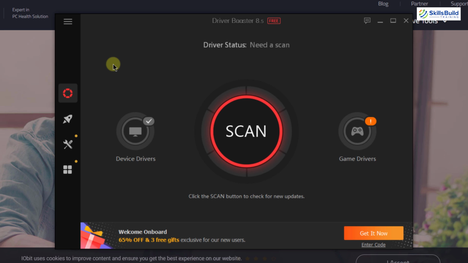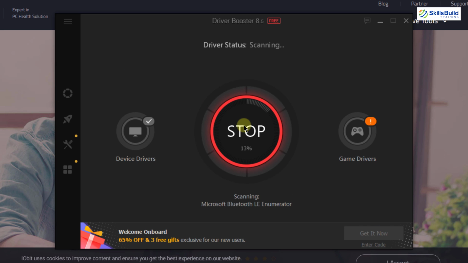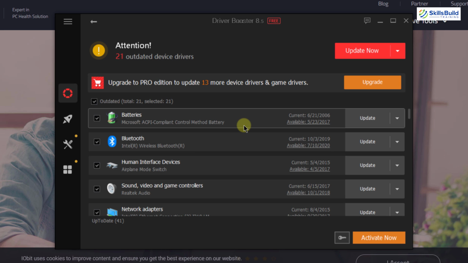What you need to do, you just need to click on the scan button, and it will scan for any driver update which needs to be done in your system. And after that, you just have to update your system once and for all. And here you can see it says 20 outdated device drivers. So from here, you can just click on this button which says update now,